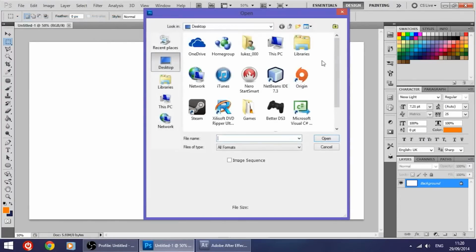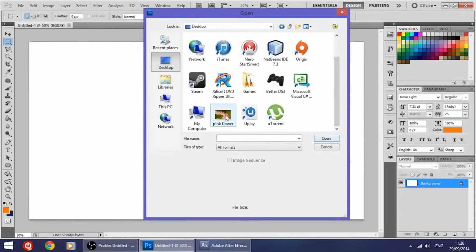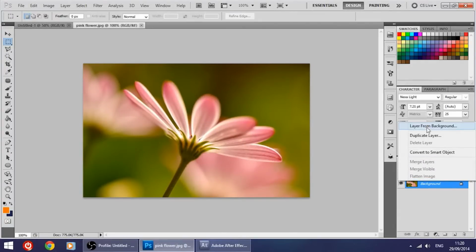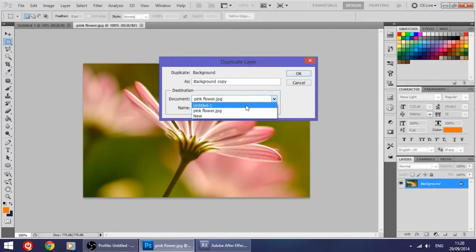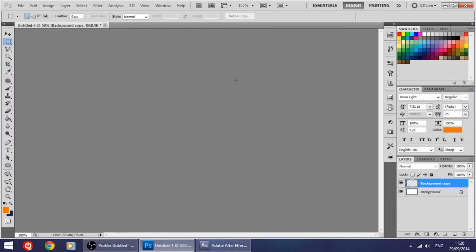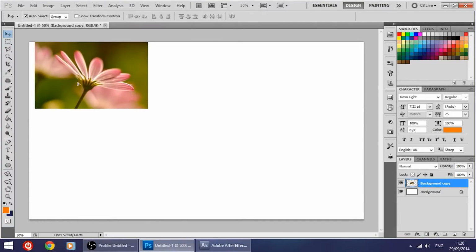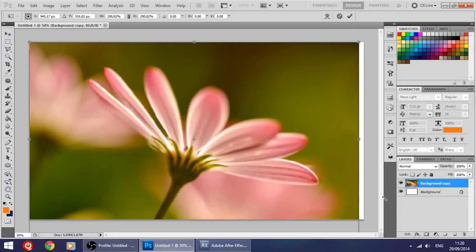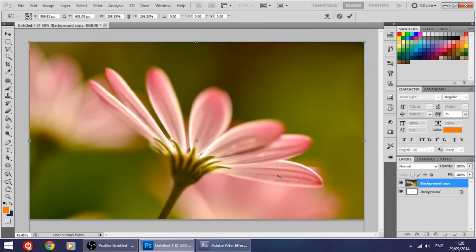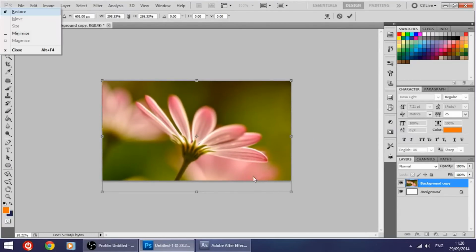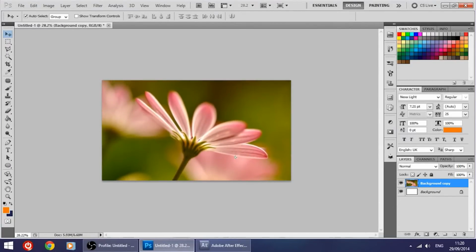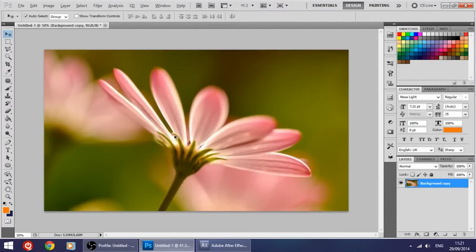Now let's go ahead and open the image, which in my case is the pink flower. Now let's duplicate that layer and the destination, change it to our document. Let's close that down. Now we scale it up by pressing Ctrl T and then drag the corner handle by holding down the Shift key. Now we have our flower. We can delete the background layer,